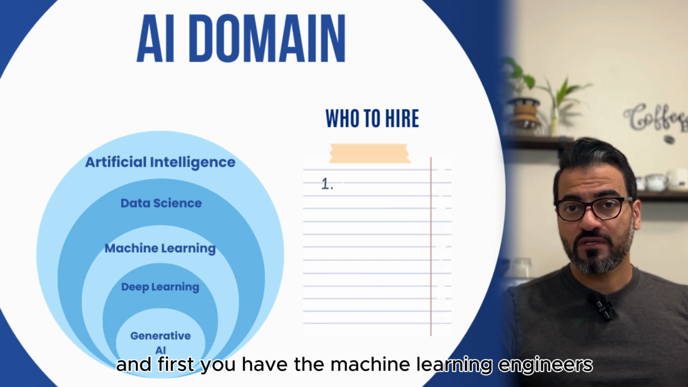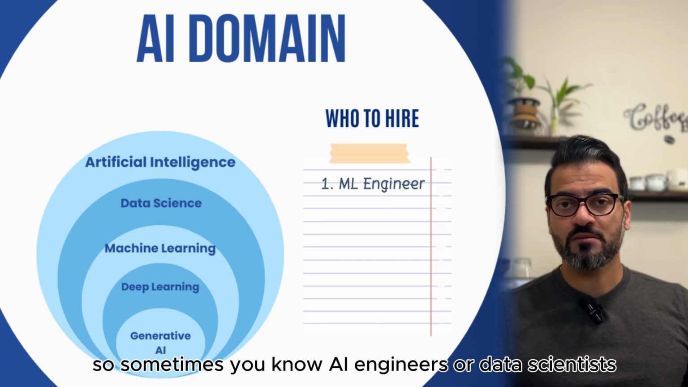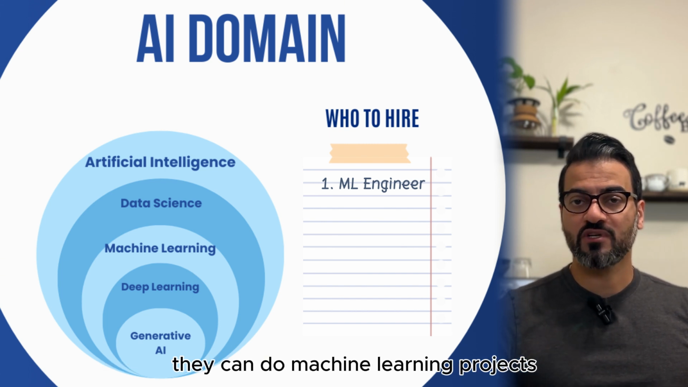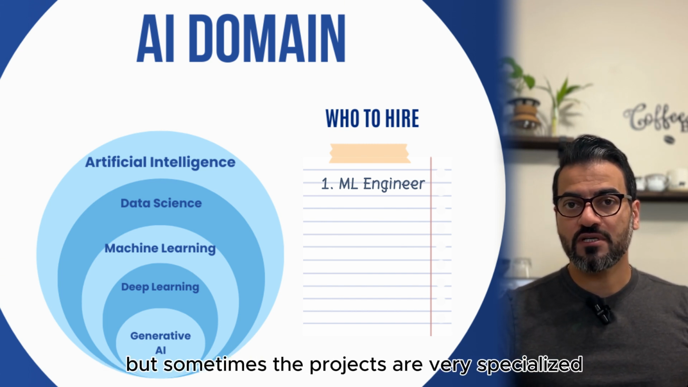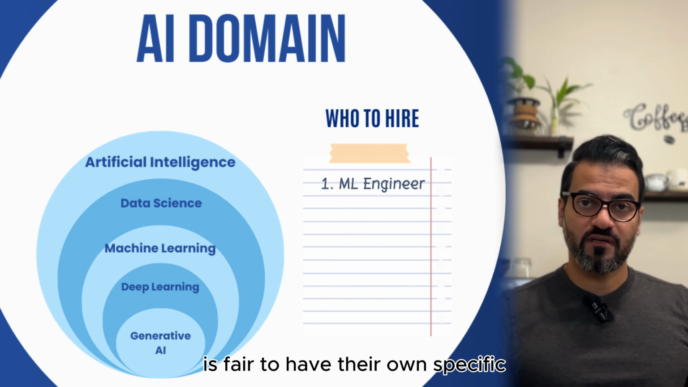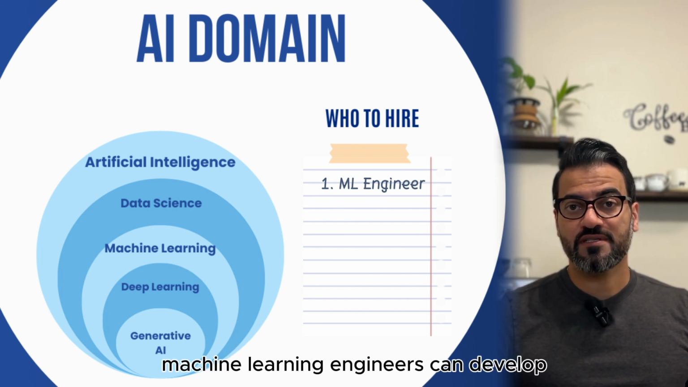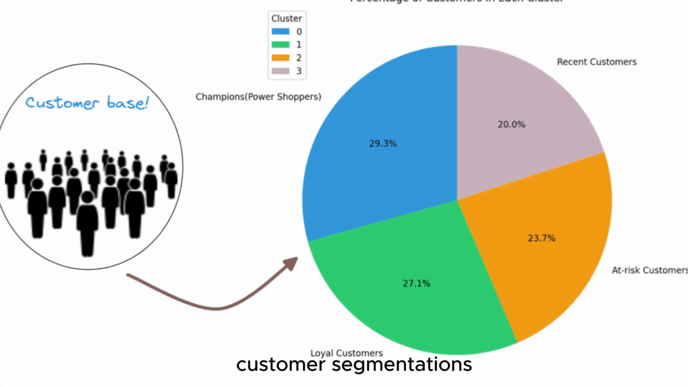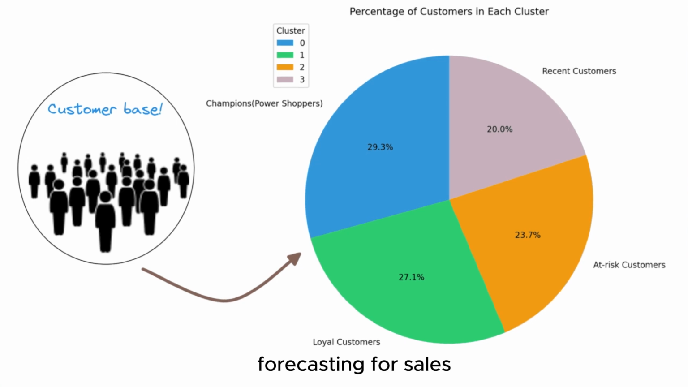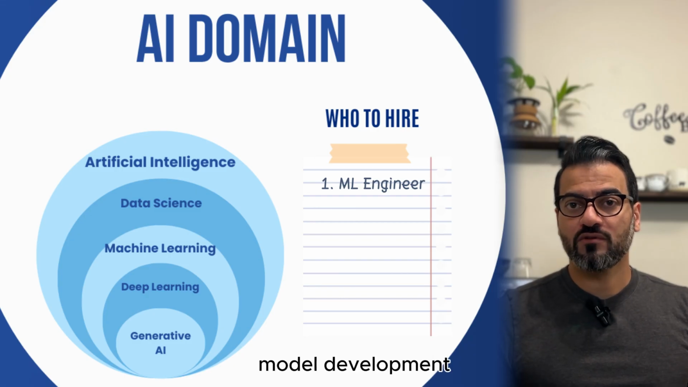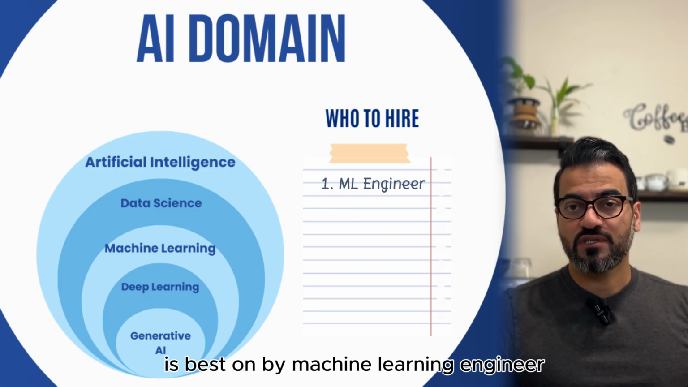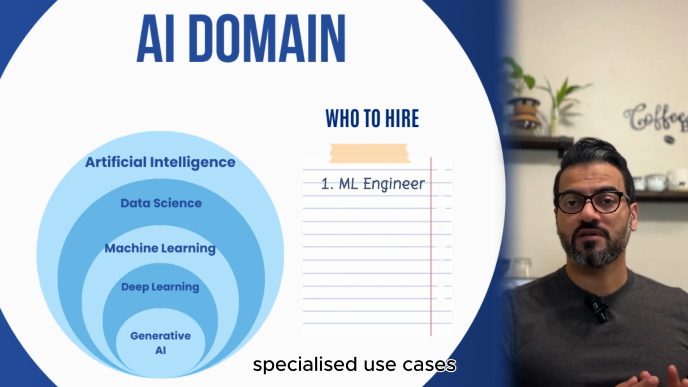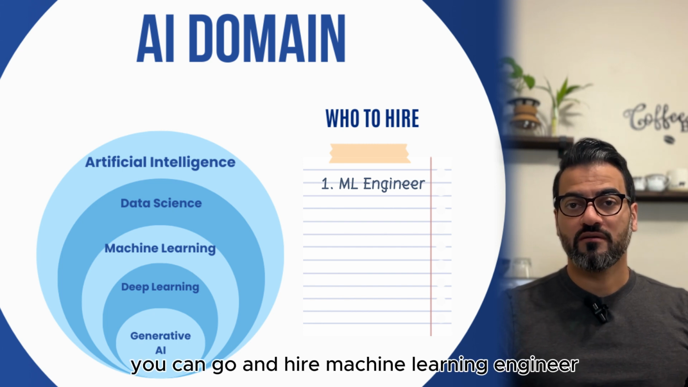And first, you have the machine learning engineers. So sometimes, AI engineers or data scientists can do machine learning projects, but sometimes the projects are very specialized. It's better to have their own specific machine learning engineer. Machine learning engineers can develop projects like recommendation systems, customer segmentations, forecasting for sales. This type of model development is best done by machine learning engineers. So if you want to take advantage of those specialized use cases, you can go and hire a machine learning